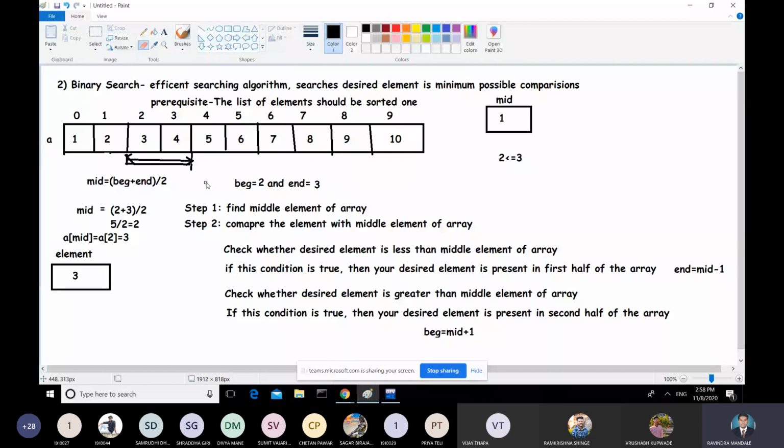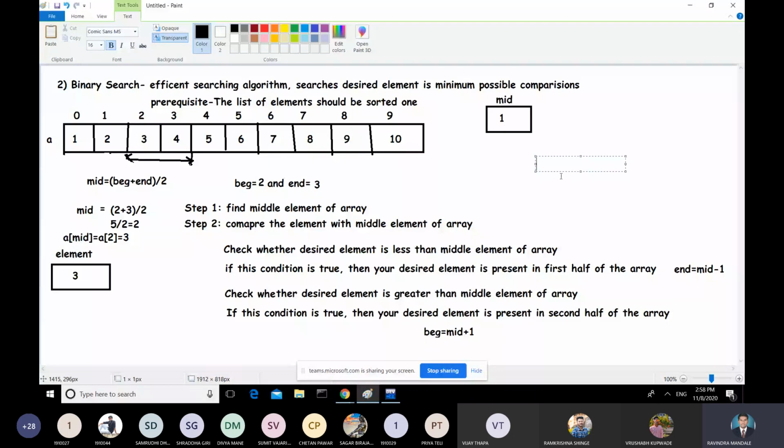Every time we are reducing the searching space. And now just execute step 2. Compare the element with the middle element of the array. So what is our element? 3. Compare that with the middle element of the array. What is the middle element? 3. So see, 3 is equal to 3.